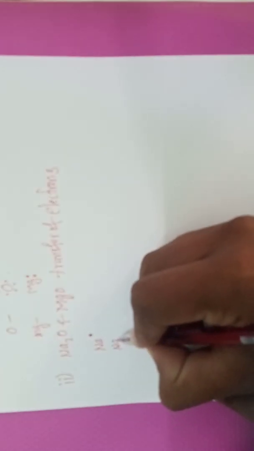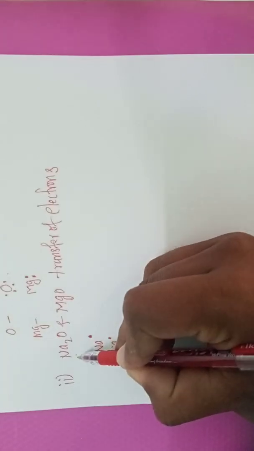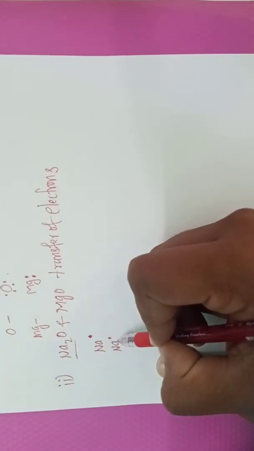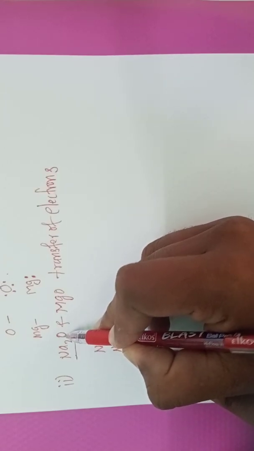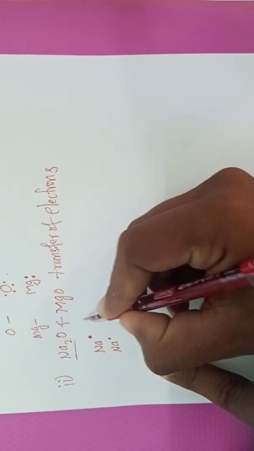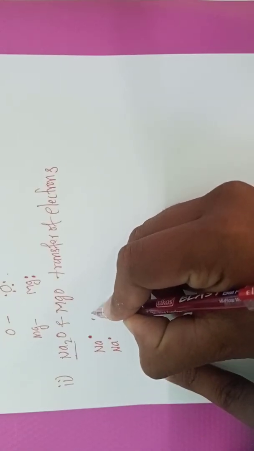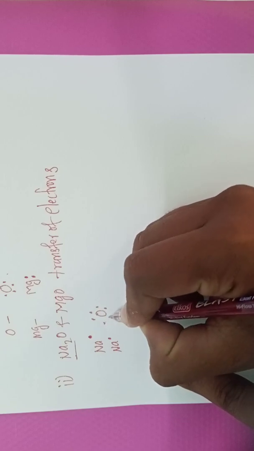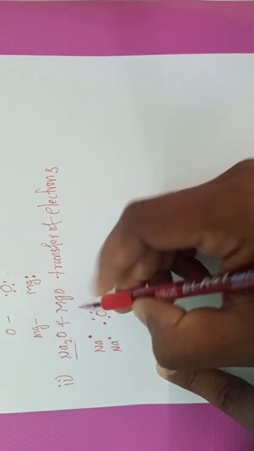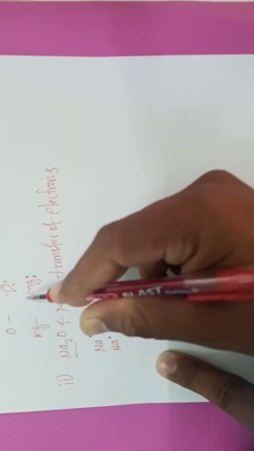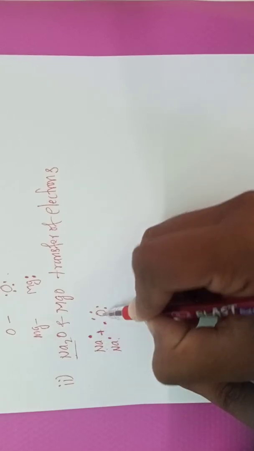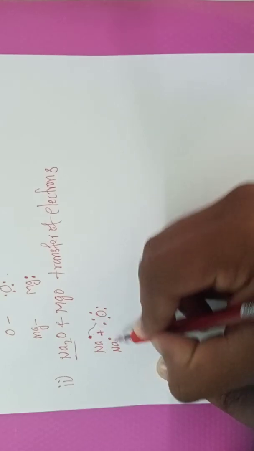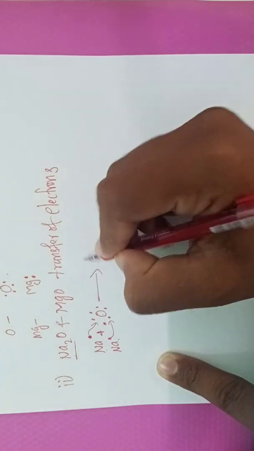Next is Na, this is another Na. So here we have 2 Na right now, that's why I am writing 2 Na. With these 2 Na, we write another element, that is oxygen. This is the symbol of oxygen, O, and the 6 dots represent the valence electrons of oxygen. Okay, so this is the formation. So Na2 and oxygen form like this. Two electrons are transferred like this.